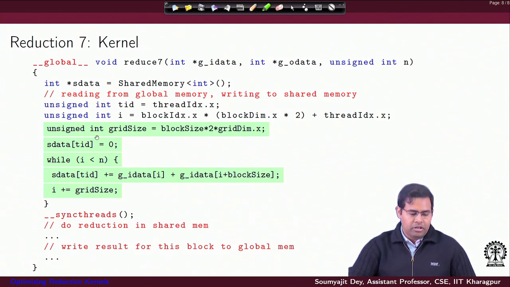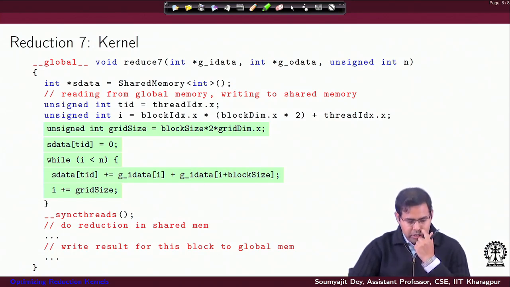Of course, since this is a per thread activity, this is going to be sequential. As you can see, there is a similar set of code here, but this one is sequential. Each thread is doing computation on the global data that it has brought in, and then it is storing it into the shared memory.